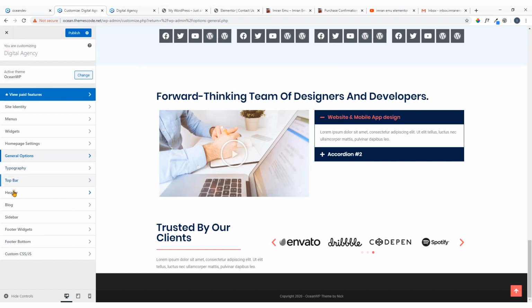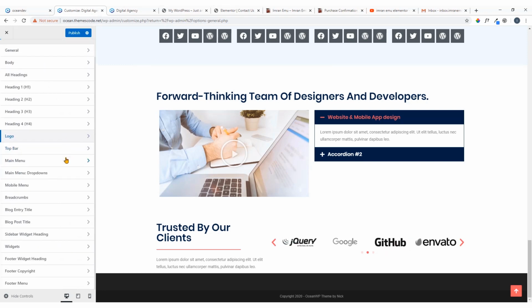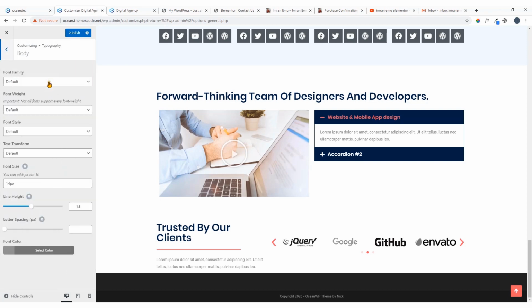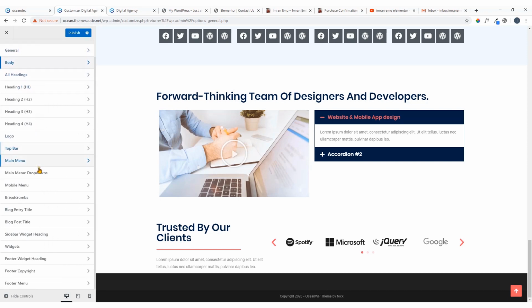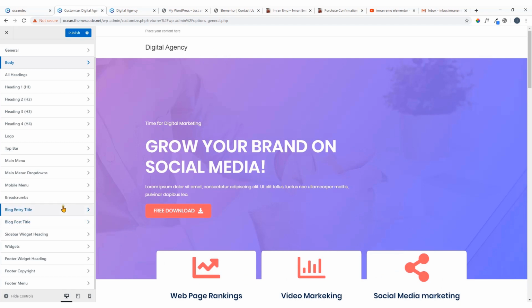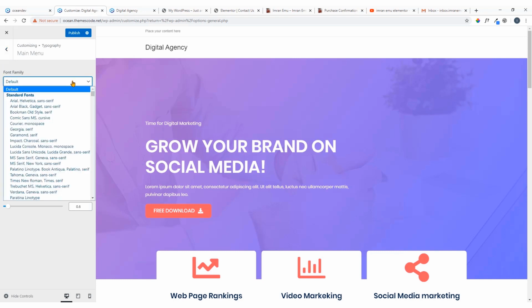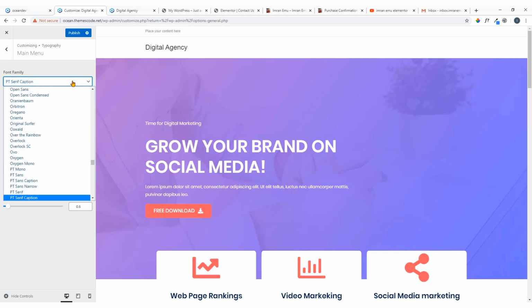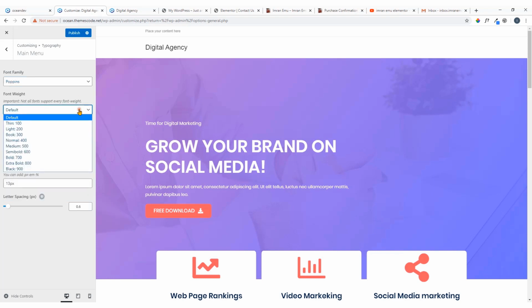Get back again, and typography. Here you can select the typography for body, font family, etc. for all headings, but we have managed it using Elementor Page Builder, so we are not going to touch anything. But for menu, here we will have to touch, because we will use the menu from OceanWP. Here you can see main menu. Font family will be Poppins. Okay, here we have it, Poppins, and